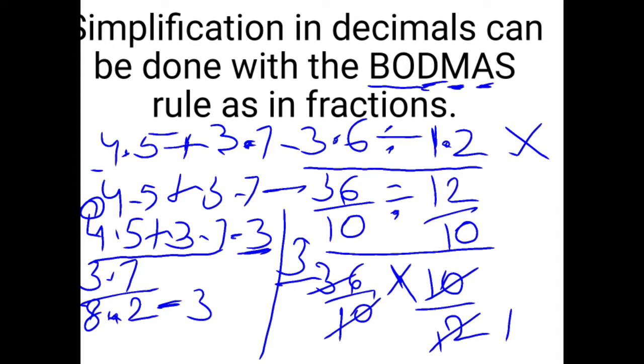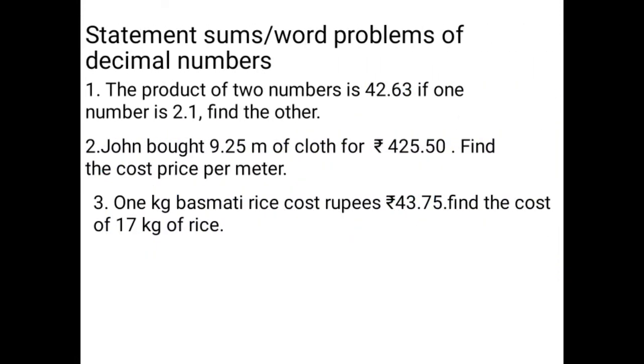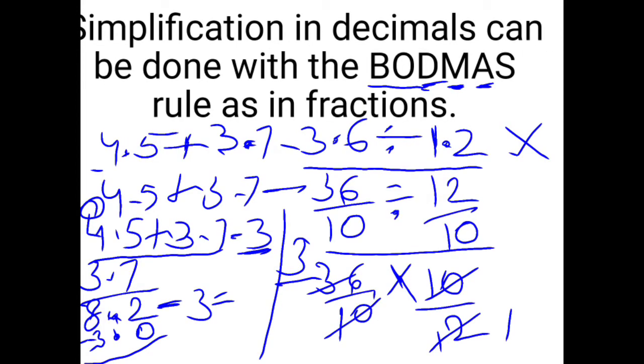Now the last operation is subtraction. We have to subtract this. We can simply write here 8.2 minus 3.0. Then what did you get? Just wait, here we got 2 only, and in the next term we got 5. So the final answer will be 5.2. Hope you understand. Let us take another example.